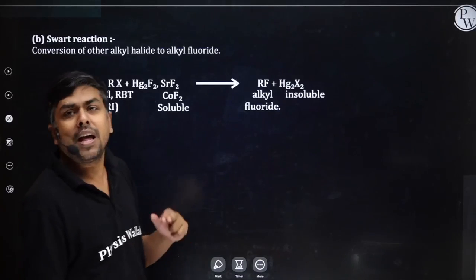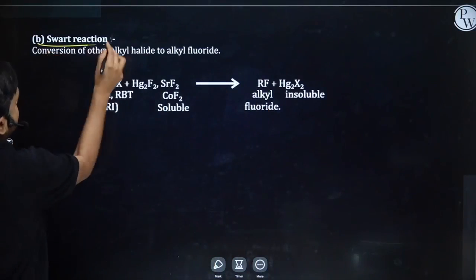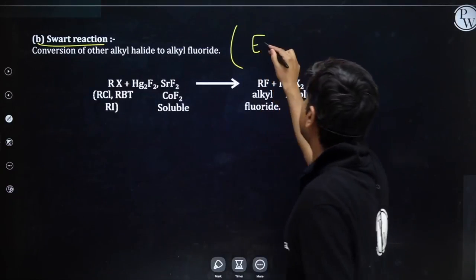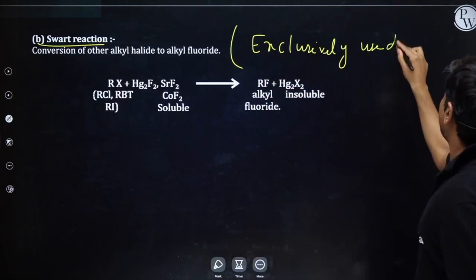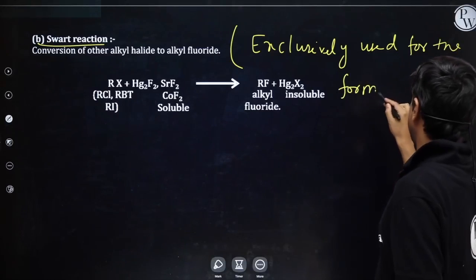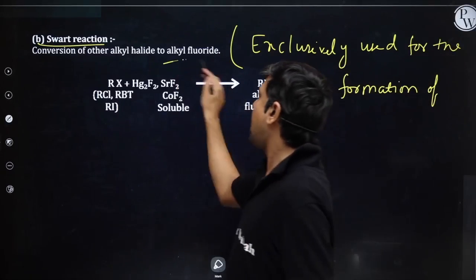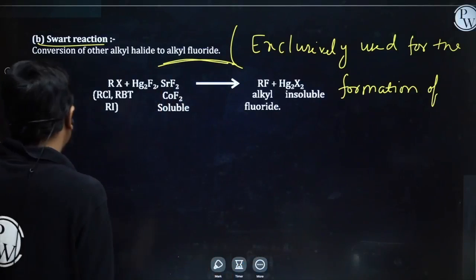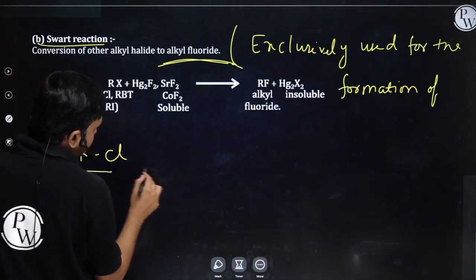Student, we have one more example of halogen exchange reaction, and it's Schwarz reaction. Schwarz reaction. It's exclusively used for the formation of alkyl fluoride. Alkyl fluoride. Am I clear? I may have any alkyl halide, that is RX. It can be RCl, RBr, anything. Now it is treated with